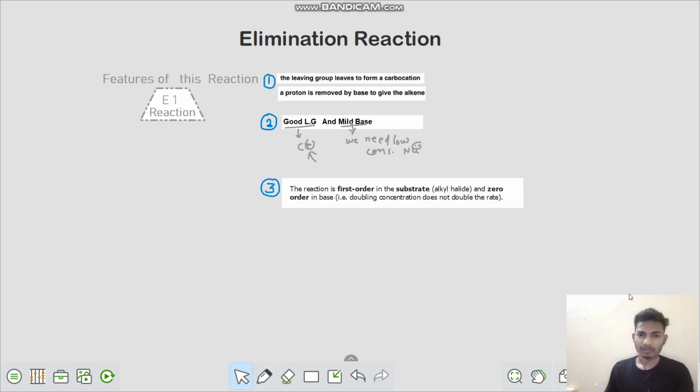This is a first order kinetics reaction, and in this we see that it is first order kinetics, and